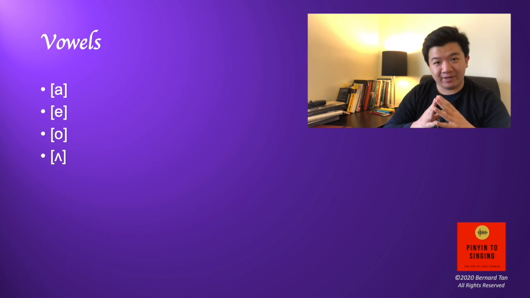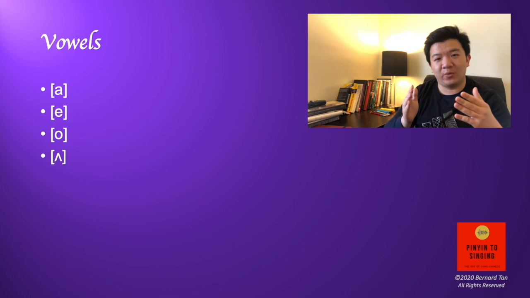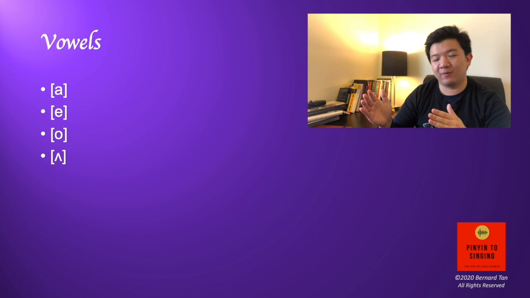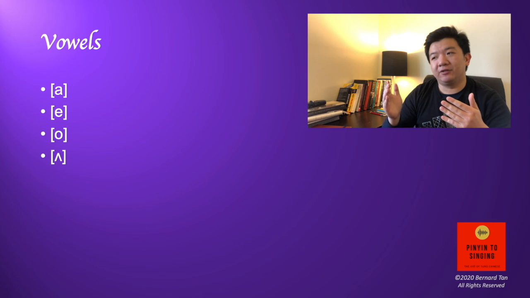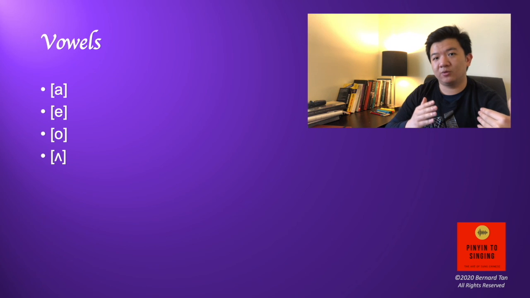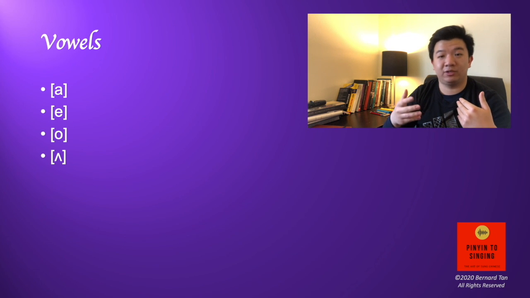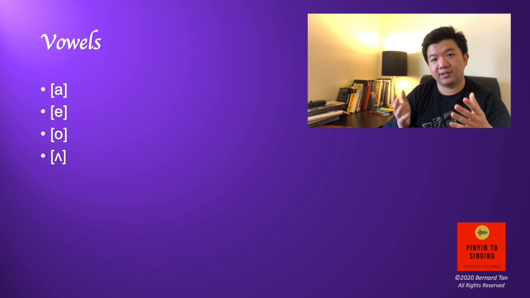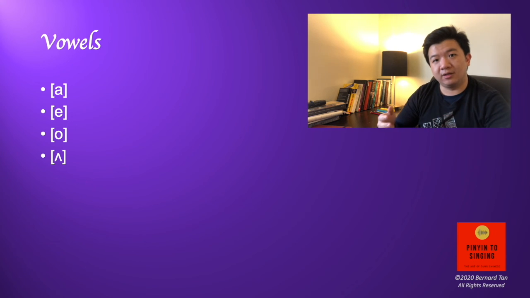In American pronunciation, where you stress the second syllable of my name, you will just say it with an R vowel, Bernard. But in the UK pronunciation, you will stress the first syllable, which means that the second syllable is actually reduced to an unstressed syllable, and it's reduced to a schwa, which sounds like Bernard, Bernard, is the schwa